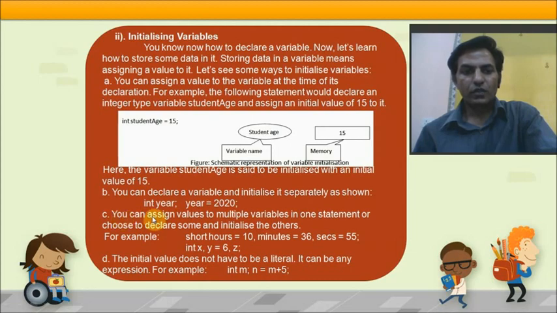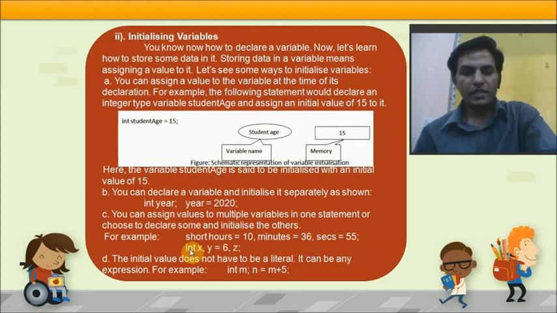Now the third one: you can assign values to multiple variables in one statement, or choose to declare some and initialize the others. For example, short hours is equal to 10, comma, minutes is equal to 36, comma, seconds is equal to 55. So I have separated them by commas, that is multiple initialization.